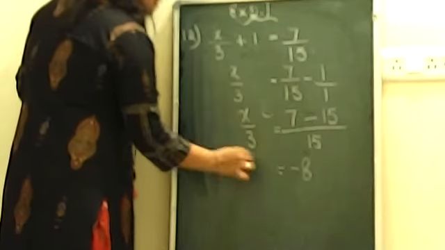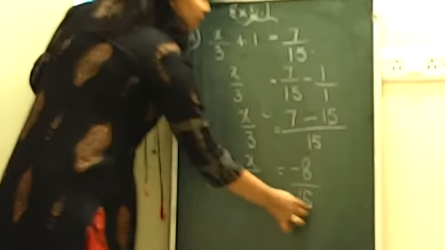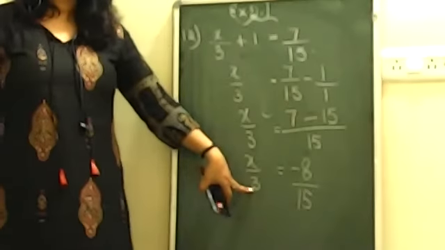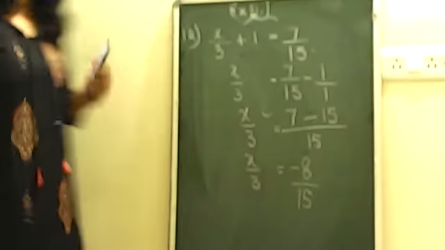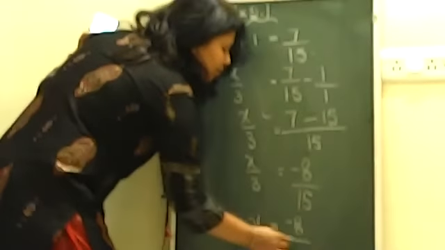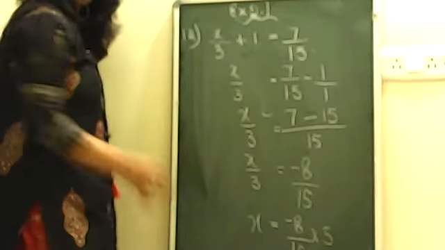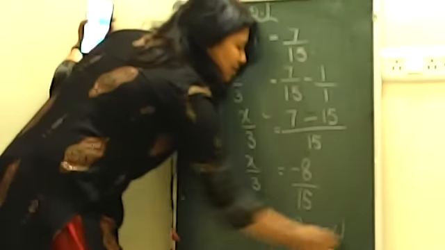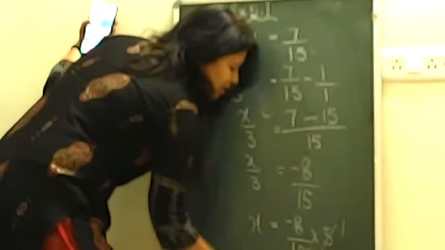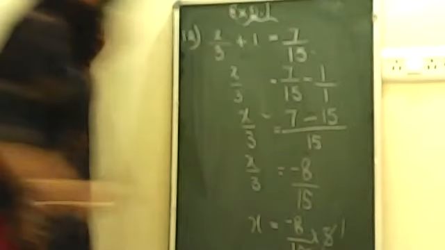And when you write it down, it will give you x upon 3 is equal to minus 8 upon 15. Now, this 3 is in division here, which will go that side and multiply. It will be now minus 8 upon 15 multiplied by 3. And when you solve this further, 3 ones are 3, 3 fives are 15. The value of x will come minus 8 by 5.